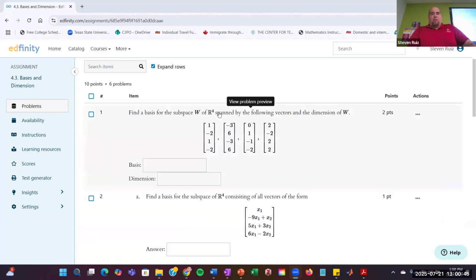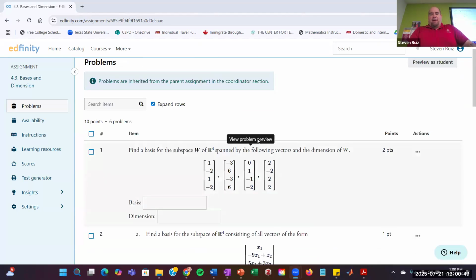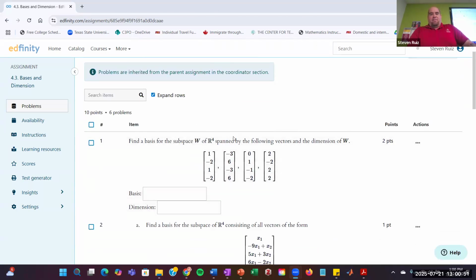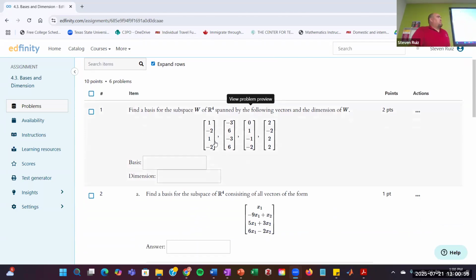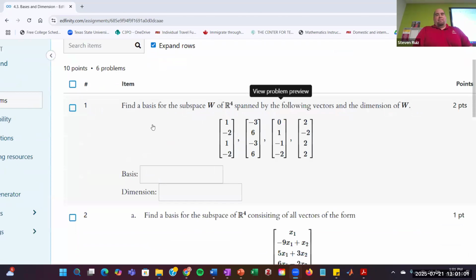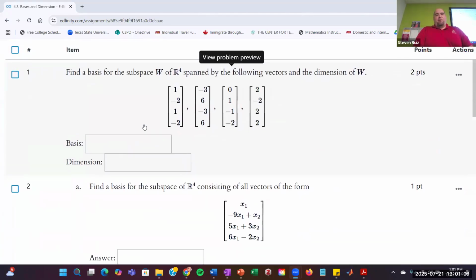I want to let y'all know about, I think it's problem set 4.3 in the homework, that I overestimated how flexible Edfinity was going to be. So has anyone else had problems with this? I know one person talked to me about some of the questions here. So this is due tonight. Just to recap, your question one probably doesn't look like this because they randomize them pretty well, but